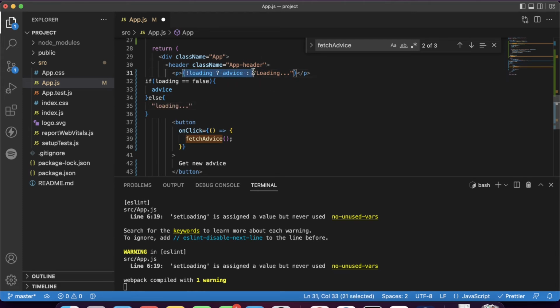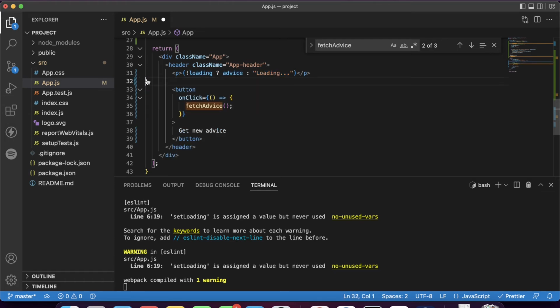So if you are not able to understand this and you are familiar with if else statements, these both are the same, but as you can see, we are able to write it in a single line. JSX supports ternary operators. This is also called conditional rendering.